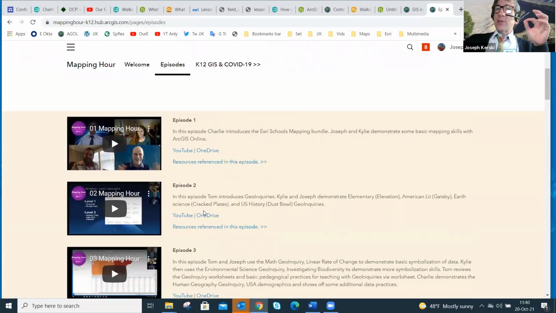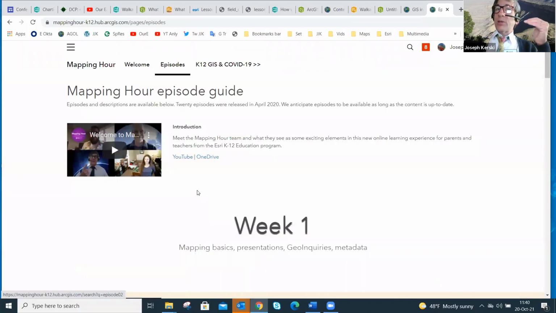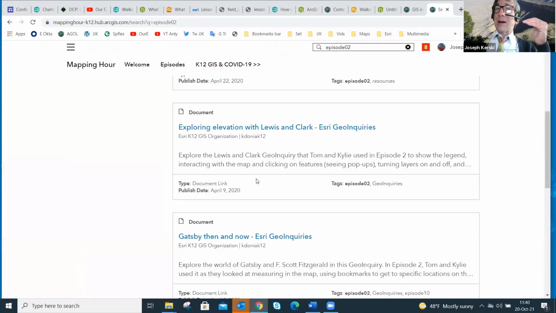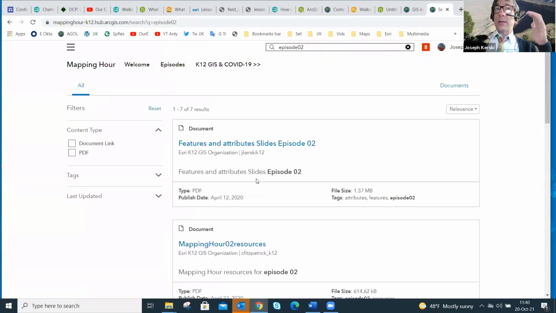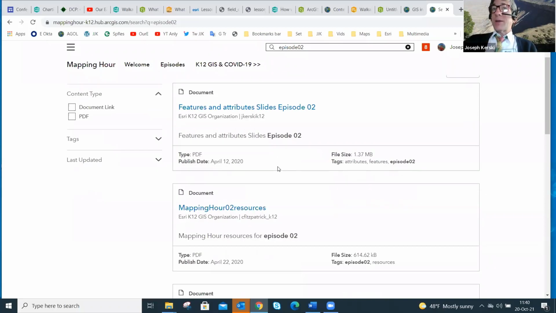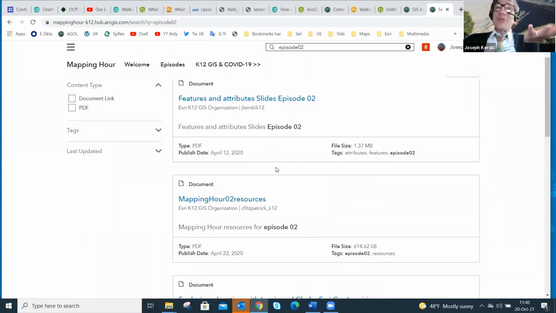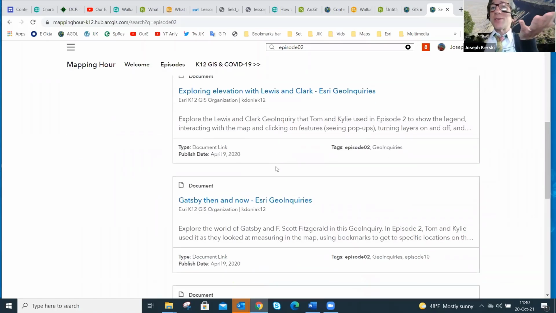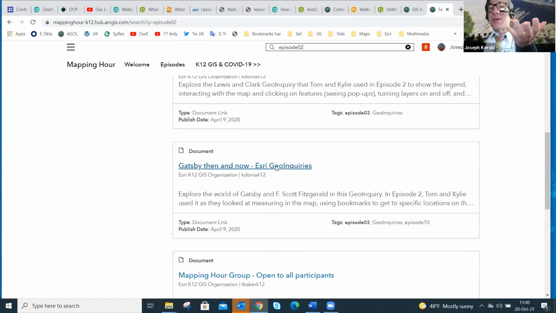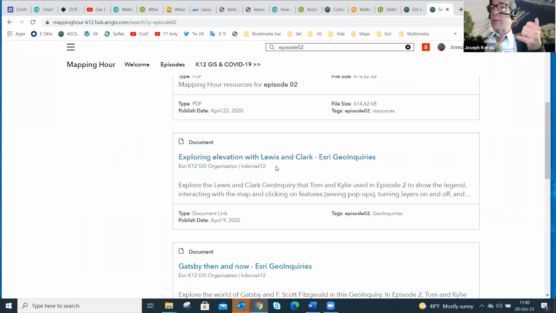Okay, episode 2. We could create this reference block. So here, inside Hub, you've probably seen these on other sites. Usually the hubs that are more commonly viewed are like the Pennington County Hub, right? And you've got the roads and the hydro, and this is using that same technology, but in this case, it's, hey, here's our PDF of our lesson, here's our resources, here is the exploring elevation, etc. So it worked very well.